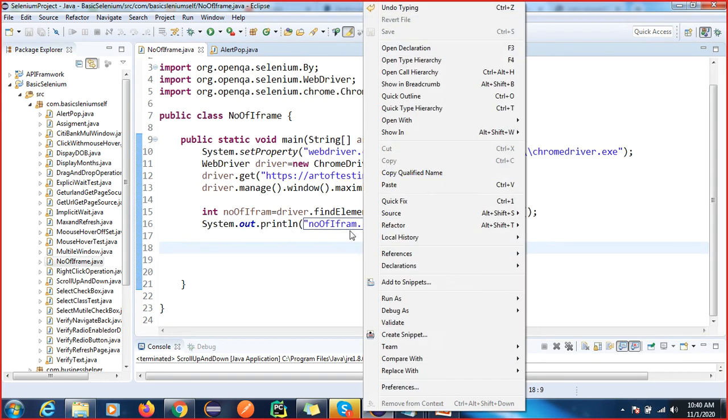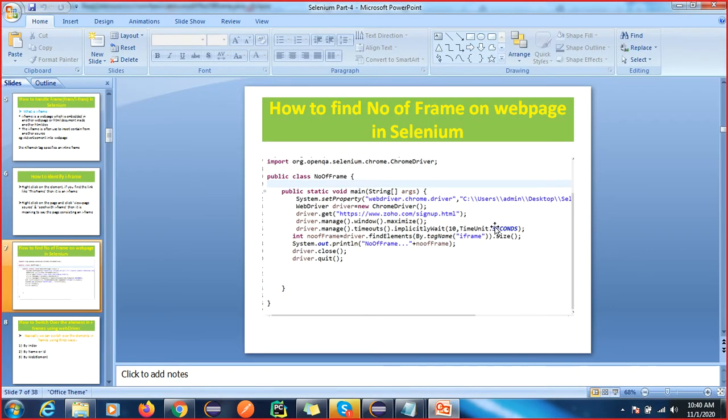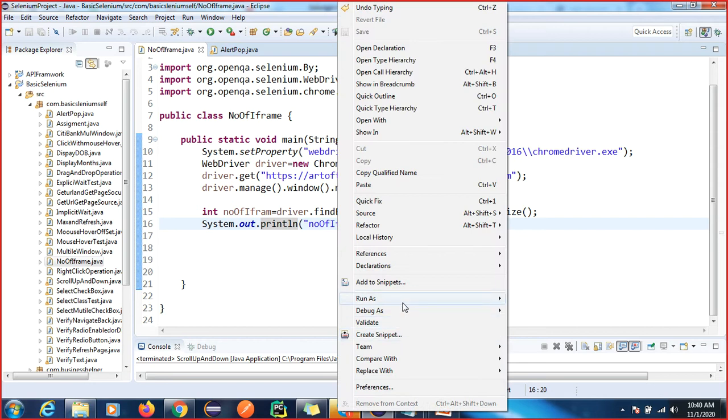Let me check that this spelling is correct, iframe. Okay, now we can execute this.